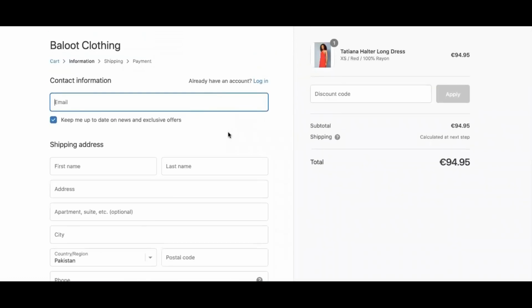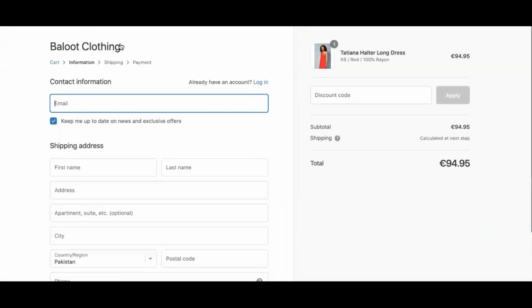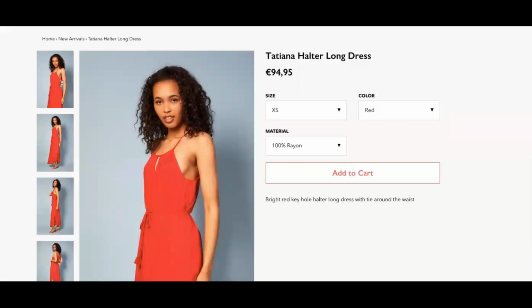But sometimes Shopify is not tracking the options on this checkout page. So you need to put the tracking code in the checkout page. Right now you can see the pop-up is not appearing here. If the pop-up is not appearing here, you need to make sure the pixel is also installed at the checkout option. But before that, going to the confirmation, I am just going back to that page again,